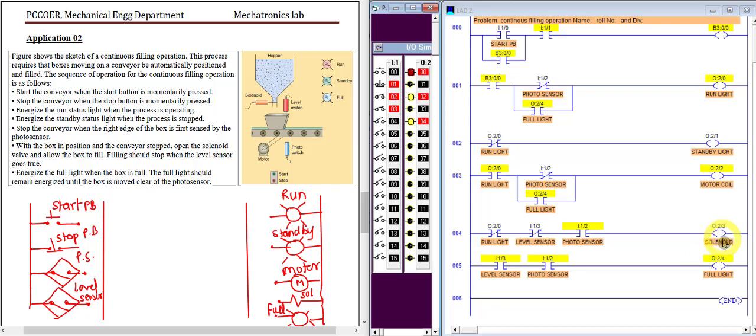But what is going to happen here? It is expected that the full light should remain energized until the box is moved clear of the photosensor. You know, this condition is okay. Now let us check: the full light is on, and the detection of the photosensor is off. So you can see that the motor is on, the run light is on, and the full light is off. So this is the program for the continuous filling operation. If you have any doubt or difficulty understanding this, you can put a message